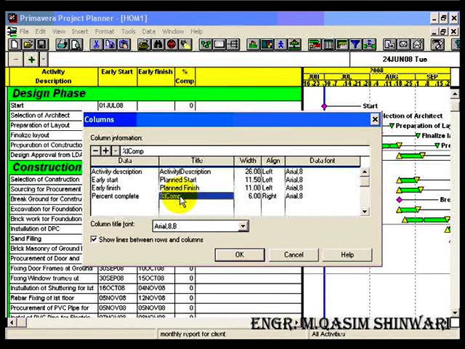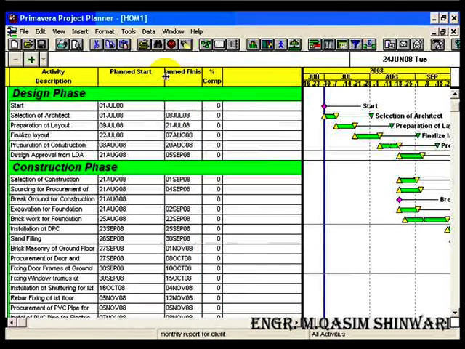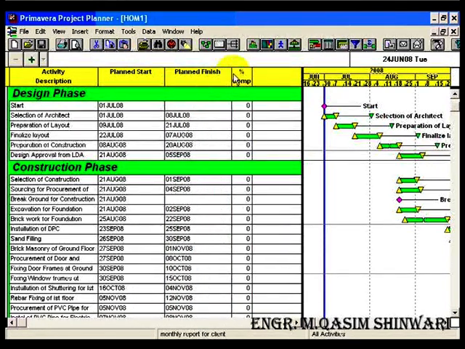And it should be percentage completion. You can leave it or you can change the title as you wish. So click on OK. Now you can see that, increase the column width so you can see properly. You can see that the early start is now named as planned start, and planned finish has replaced the early finish. So in this way you can customize the layouts,